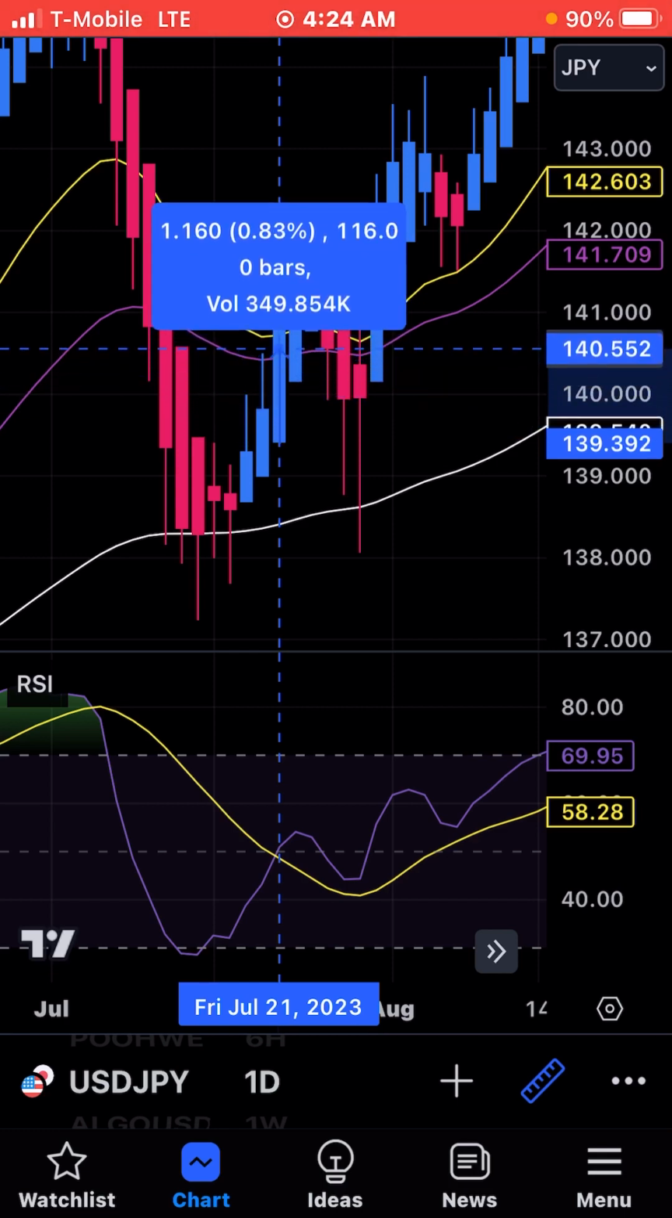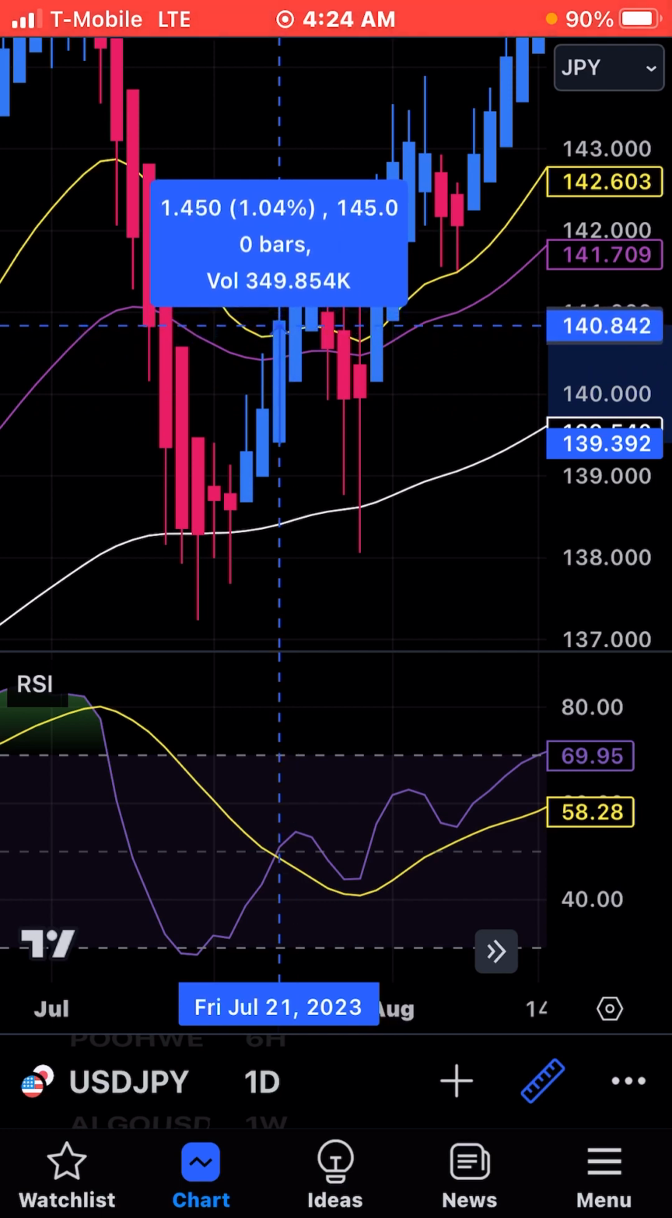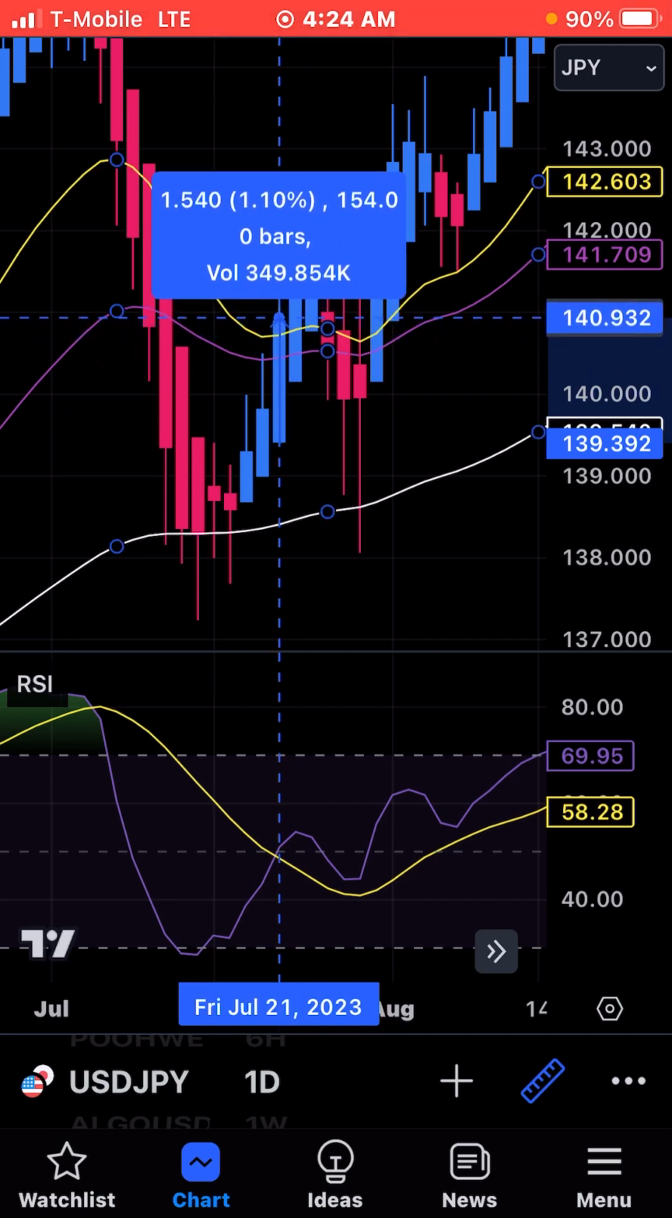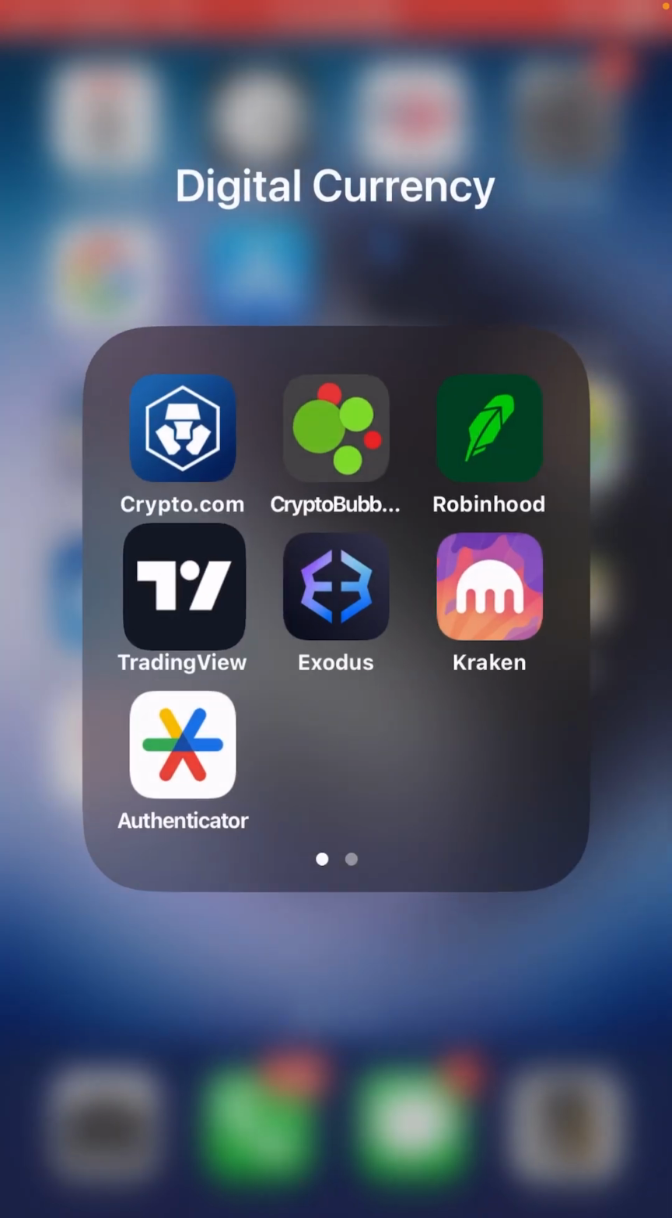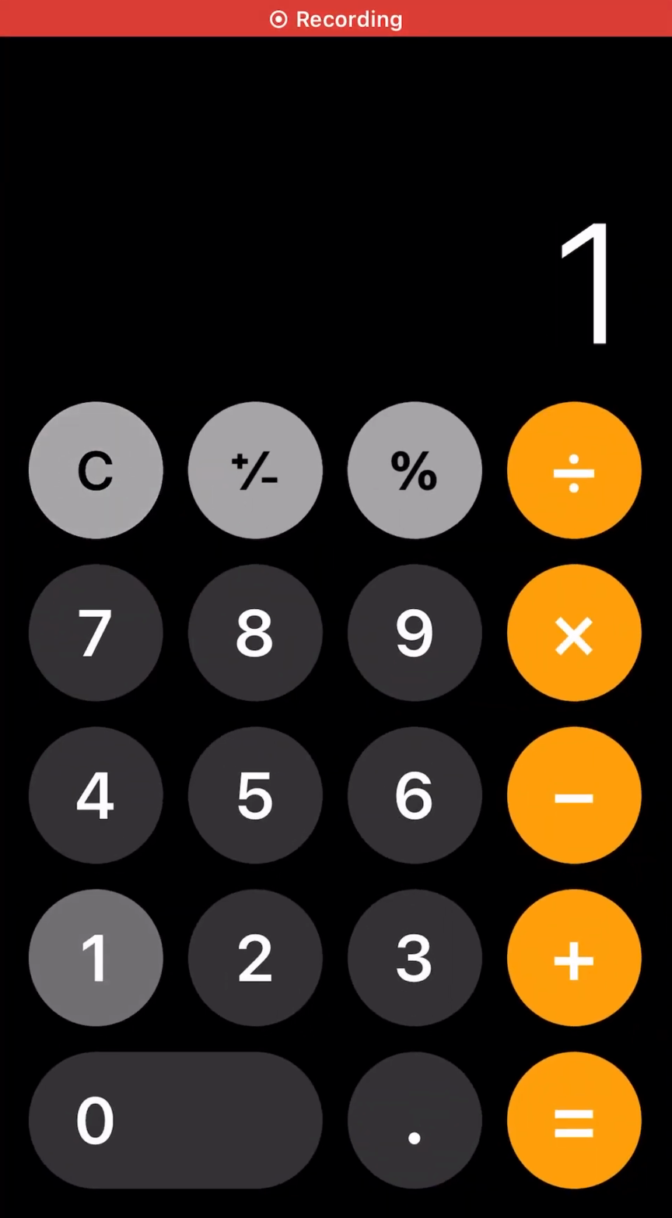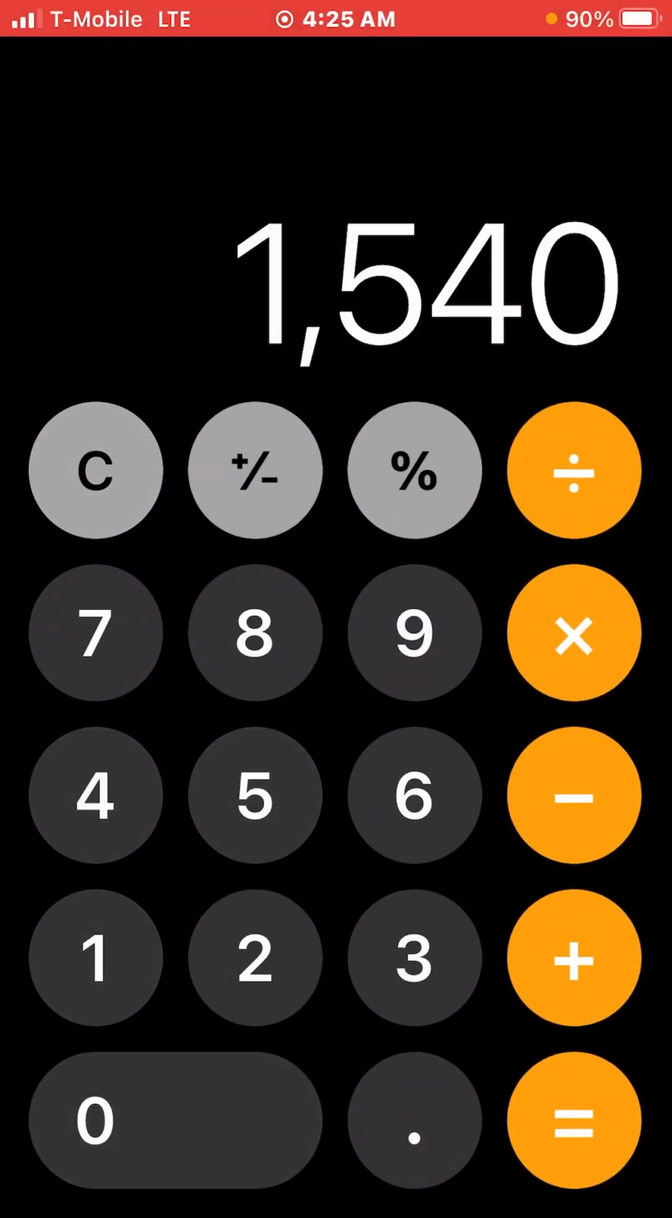But if you rode this entire candle out, it would have gone to 1,540 pips. That's one candle, and since this is on the day, that is 1,540 pips. And if you're doing a challenge, like me with a 200,000 funded challenge,